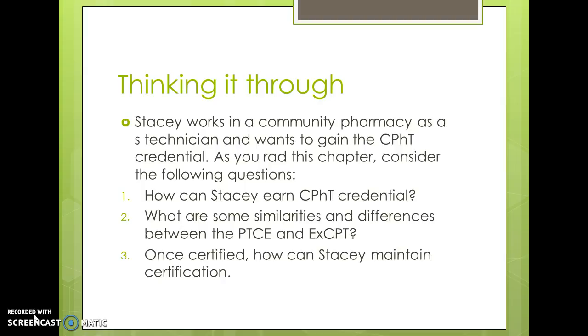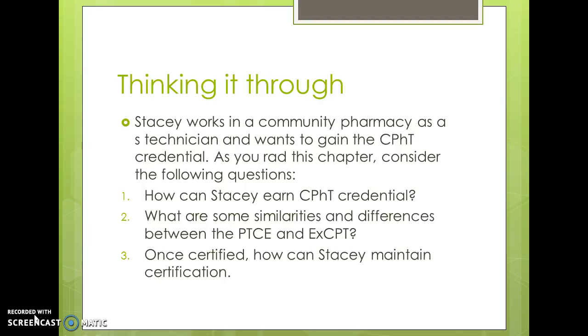So think it through. Stacy worked in a community pharmacy as a technician and wants to gain the CPhT credential, that is, the Certified Pharmacy Technician credential. As you read this chapter, you should consider the following questions. How can Stacy